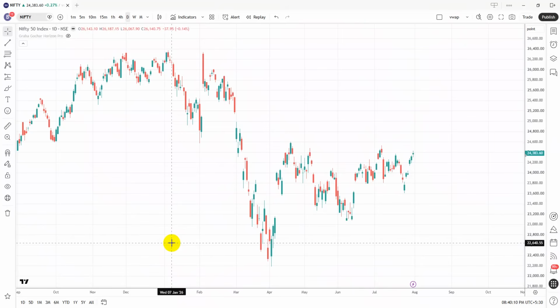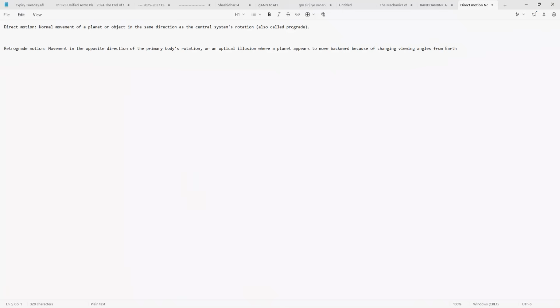So now, what to do? First, we need to understand the difference between direct motion and retrograde motion. Direct motion means normal movement of a planet in the same direction. Retrograde means movement in the opposite direction of the primary body. Generally, whenever a planet is in retrograde, as it is going in the opposite direction, it leads to some negative movements in the market, or to negative thinking among human beings, which leads to negative movement. And direct motion means it is moving in the same direction, which generally leads to some positive